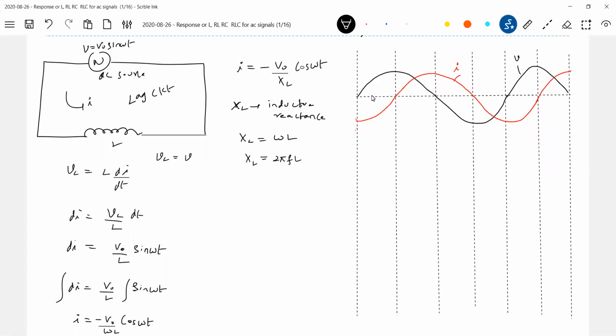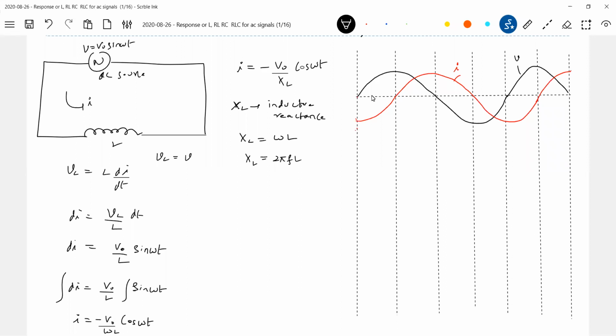I don't change the convention. Even in exams, you need not say RL circuit, I just call this a lag circuit. The reason is that the current lags the voltage here. Later on, in RL and RC, we will give the names. So here the current lags the voltage. You should not say, sir, voltage leads current, so it can also lead. No, the reference is voltage. With respect to voltage, the current lags.